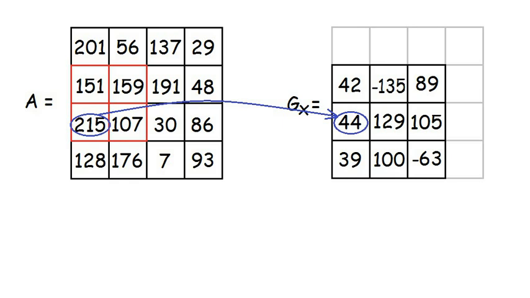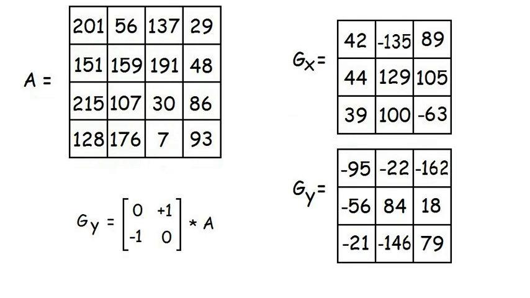This also explains why the array that we end up with has 1 fewer row and 1 fewer column than the original image. Since the value calculated requires the row above and the column to the right of that pixel, we can't calculate values for the top row and rightmost column. It's like trying to get the business end of the vacuum cleaner right up to the edge of the skirting board. Can't be done. And here I've done the same thing to produce another array of values, gy, using the